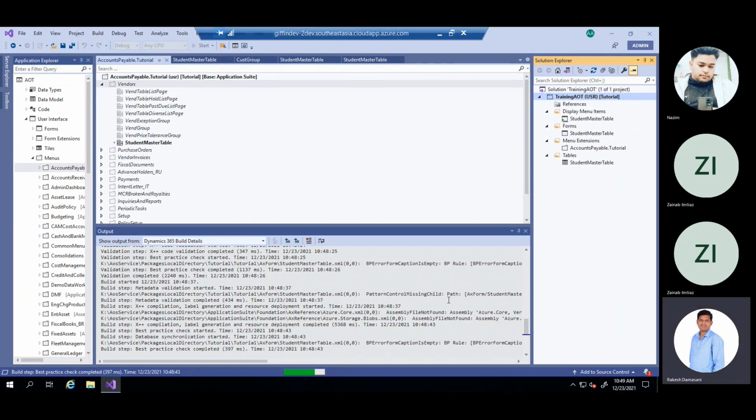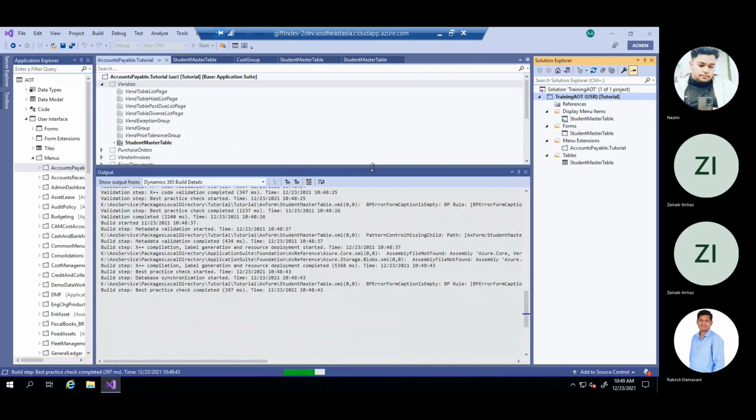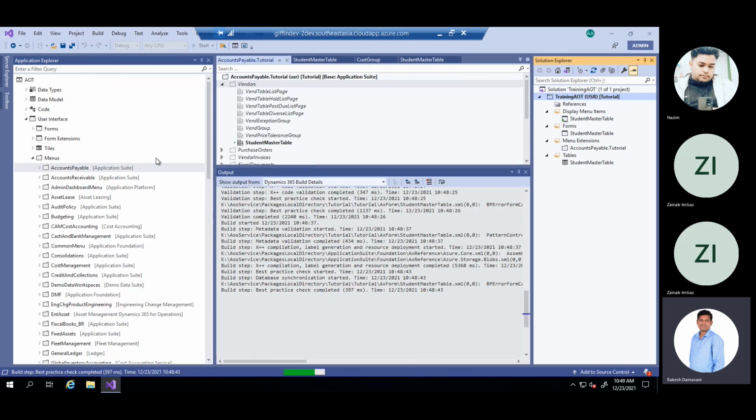The server may be slow, so you must be a little patient. Any object we create here is first created in our project area. The same we can identify in the application object tree.